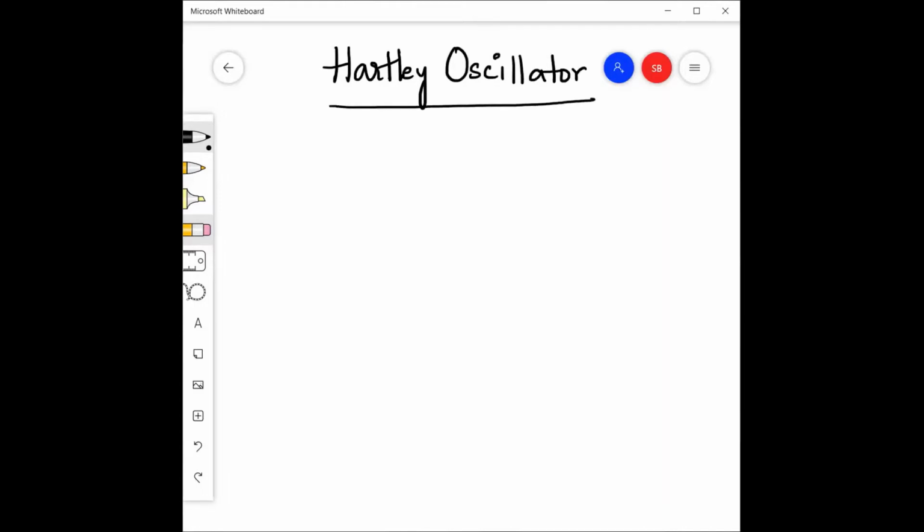The oscillators are used to produce vibrations with some frequency, and they should satisfy conditions like the Barkhausen criteria that we have studied in the theory. Here, using the theoretical formula, we will calculate the frequency of oscillations, and we should match this theoretical frequency with the practical frequency. That is the agenda of this experiment, Hartley oscillator.